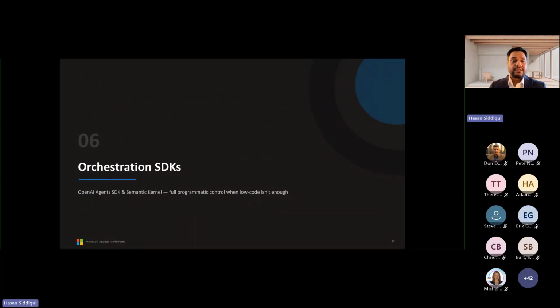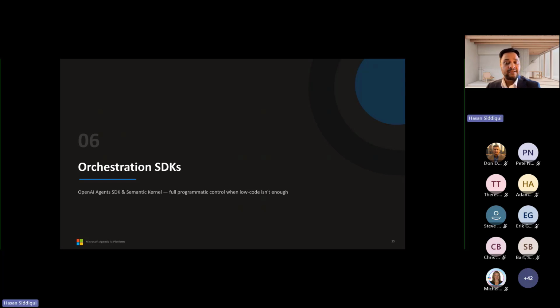So I'll go to the next one: the orchestration SDK, for the minority of scenarios that genuinely need full code-level control: complex multi-agent handoffs, custom guardrail logic, integration with existing code bases. The Microsoft ecosystem gives you two close options.